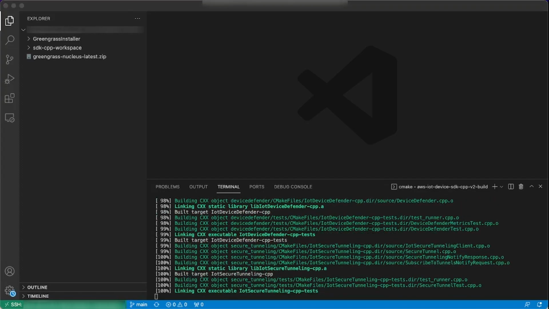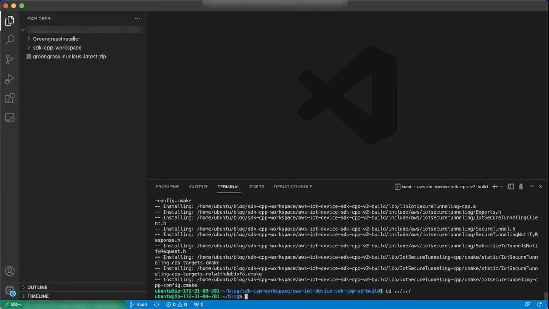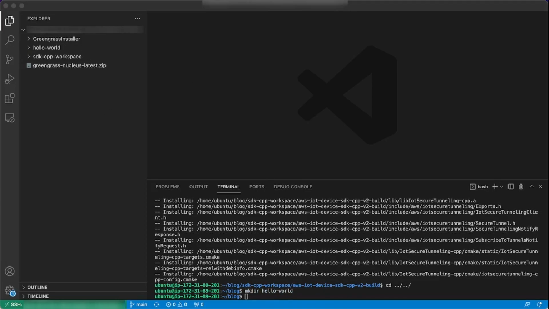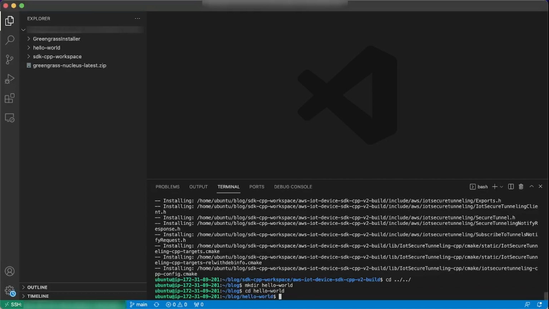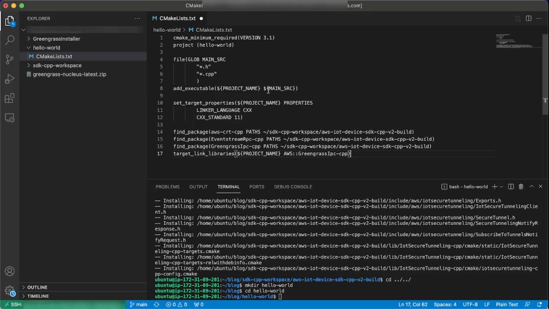Okay, now that we have the SDK almost built, now it's there, we can proceed and create our folders for the Hello World application. So let's just get out of here, create a folder, it's called Hello World. So just get into it, and then in here, we want to create a new file, which is the CMakeLists.txt, and then we need to populate it with something like this,